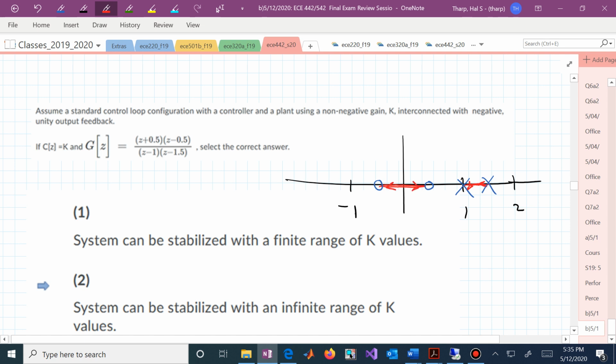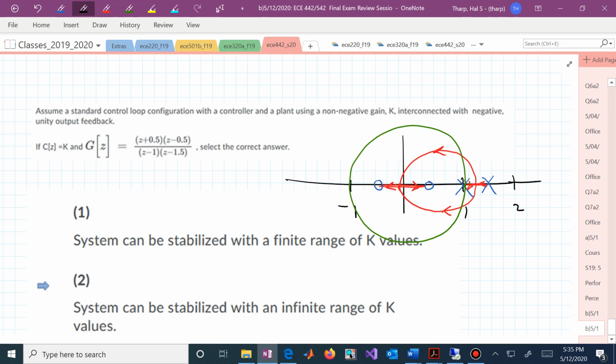These 2 break away and re-enter. It may not be a true circle, but they're going to come over there, and that means we will have the opportunity to have both branches. Once both branches get to that location of gain, we can crank up the gain beyond that, and all of this